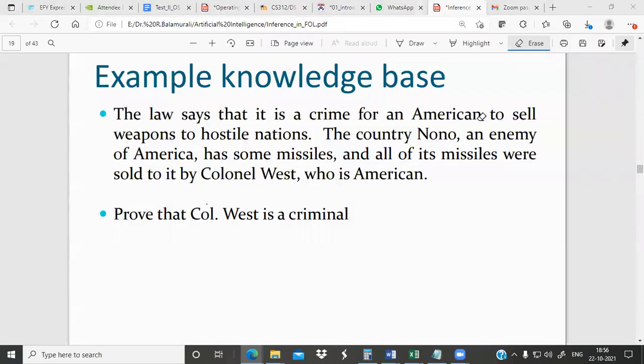Welcome. The topic we'll be discussing in this lecture is forward chaining, backward chaining, and resolution in first order logic. All these concepts we'll be discussing through this example. With this example, we'll be trying to understand how forward chaining, backward chaining, and resolution work in first